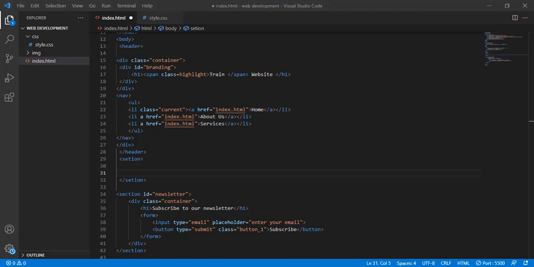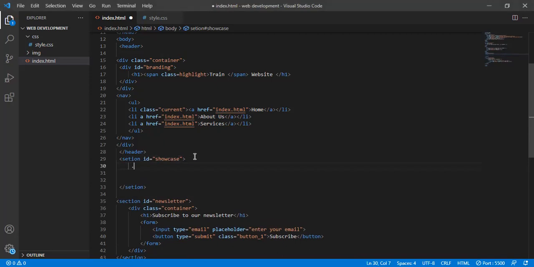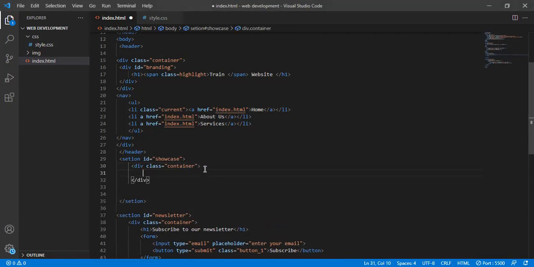So let's go ahead. We give it a section ID of showcase. That's exactly what we're going to do. Let's go ahead and say section. We're going to give it a section ID, let's say the ID of showcase. Now after that, you're going to give it a div. Open another div and give it a div class of container. So I'm going to come over here and say container. Once you're done,